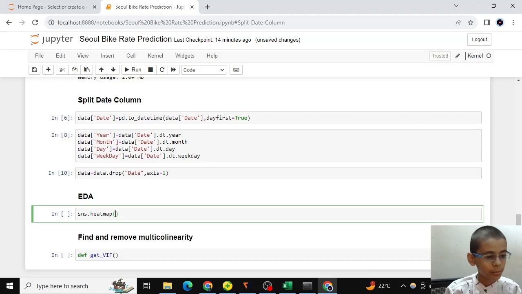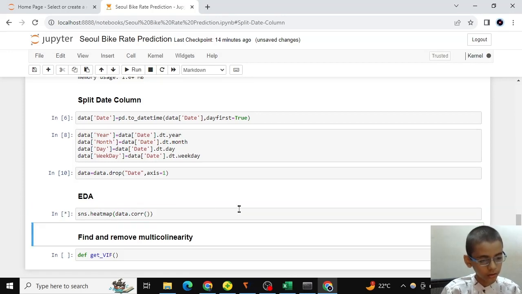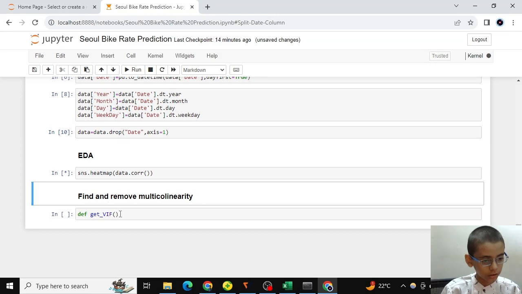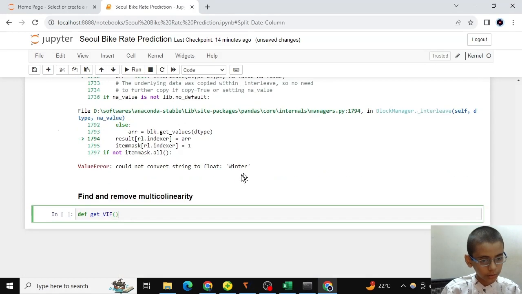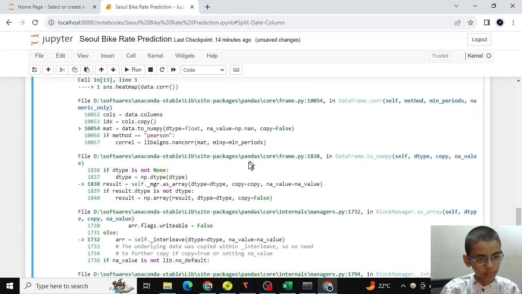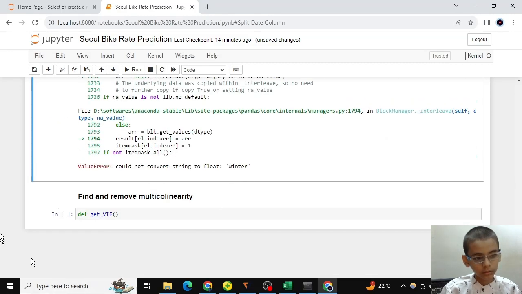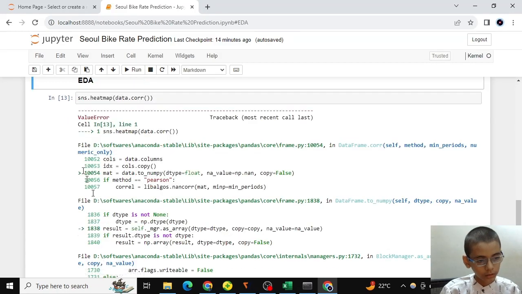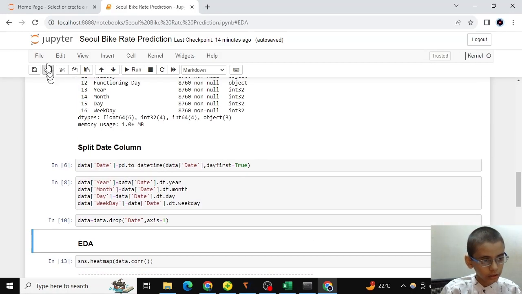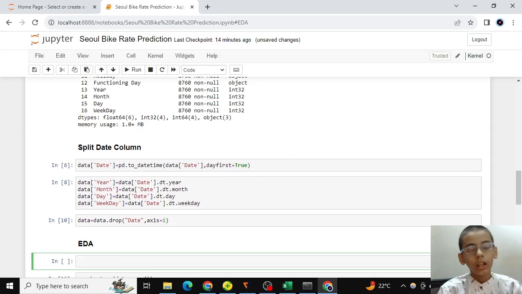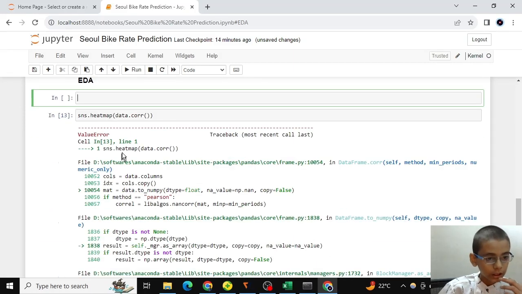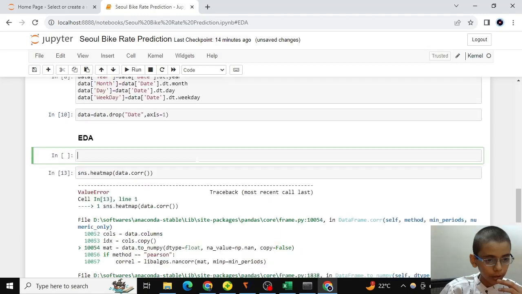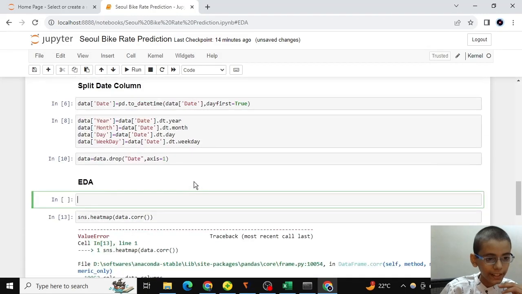So I create a step here, data.corr, and what's the problem? Okay guys, the problem is we have to convert our dataset into number format so we can do EDA.